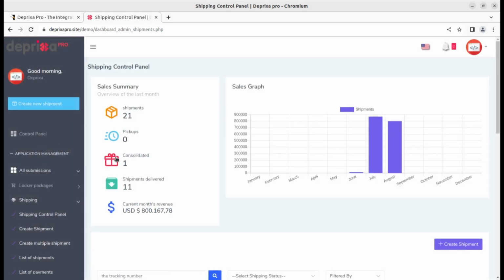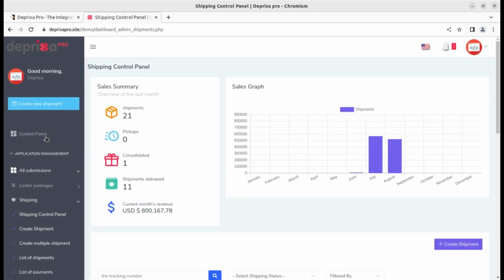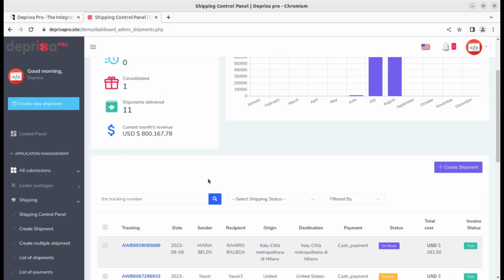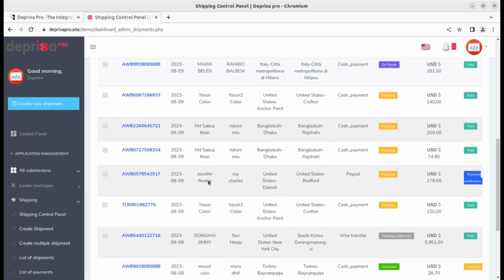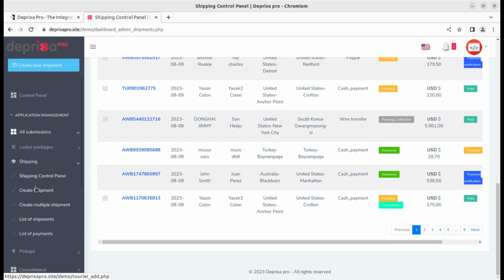So the shipping control panel, you can see there are different panels. One is for locker packages, and the locker packages is the package control panel. Next is the shipping control panel. So you can handle all these things like a standalone thing. And this is the shipping control panel that is giving you an overview about all the shippings that are being done through the system. And again, you can create the